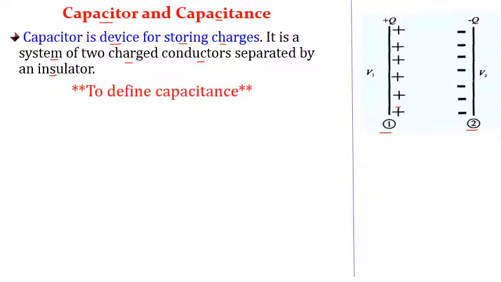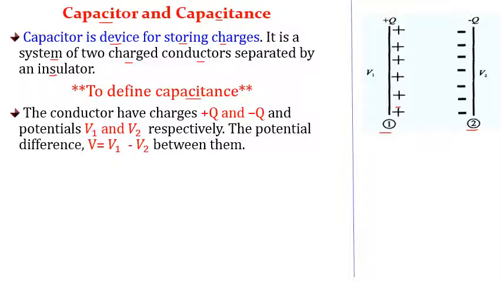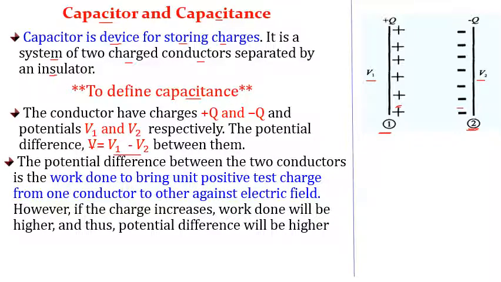Now here we have to define capacitance, and to define this capacitance, once again focus here. This is conductor 1 or plate 1 on which positive charge is there, whose potential is V1. On plate 2 or conductor 2, negative charge is there, whose potential is V2. And this V is nothing but the potential difference V1 minus V2 between them. Now what is this potential difference? It is nothing but the work done to bring a unit positive test charge from one conductor to the other conductor against this